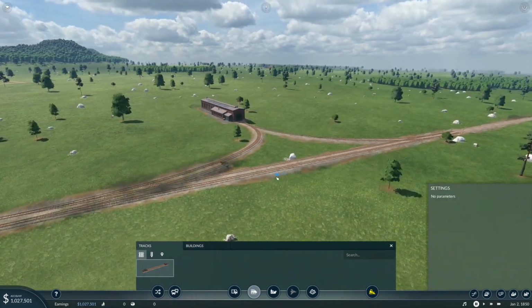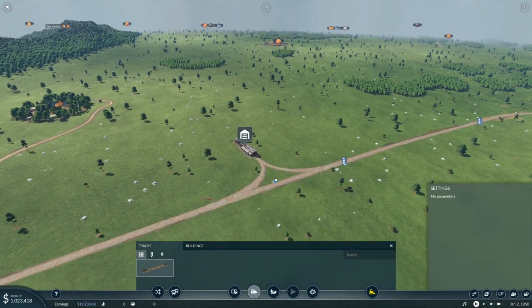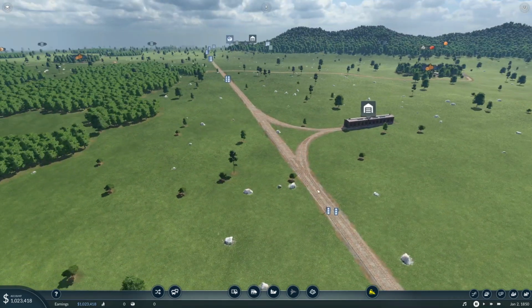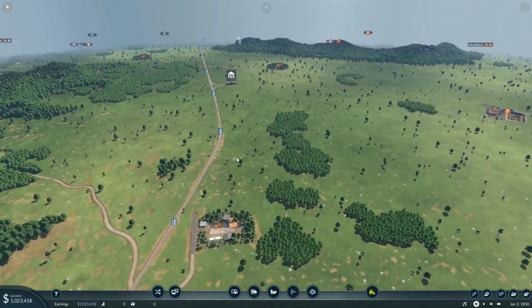This one may be even more of a problem. Oh, no. Good. All right, good. So that way we can send trains back in there. It might cost us a little bit extra. Yeah, I think we got enough signaling. All right, so now,